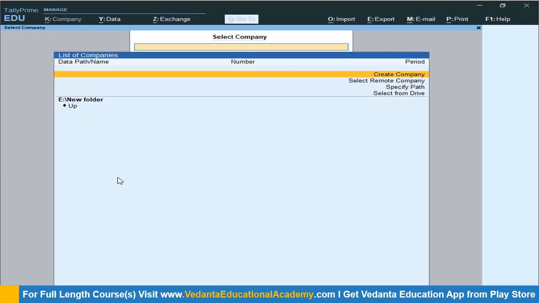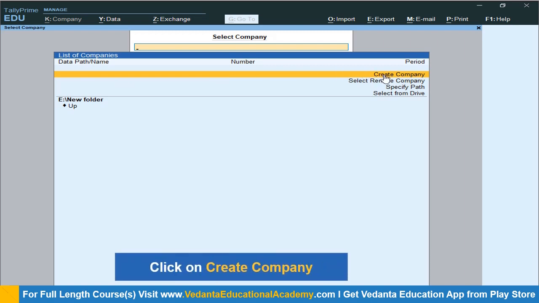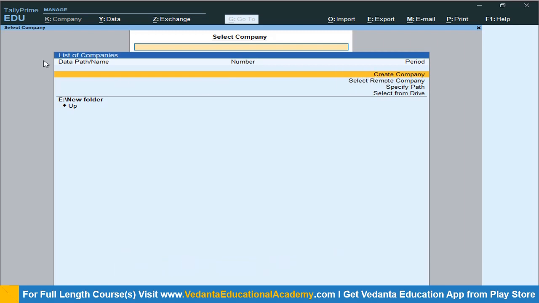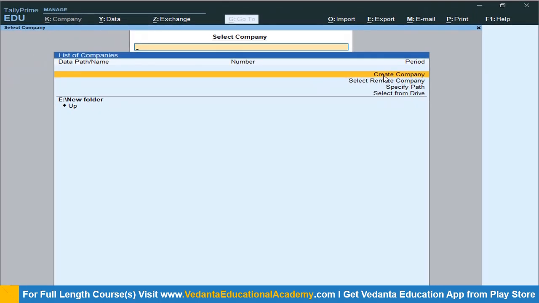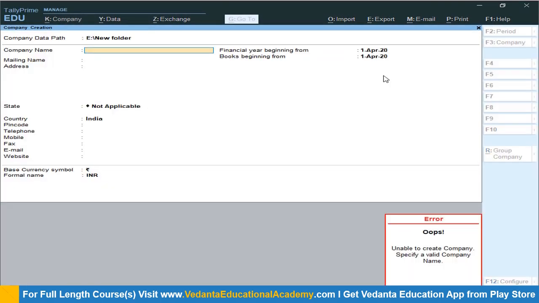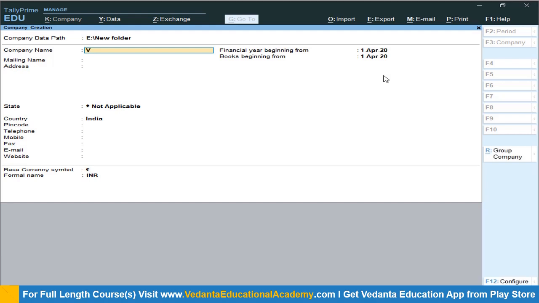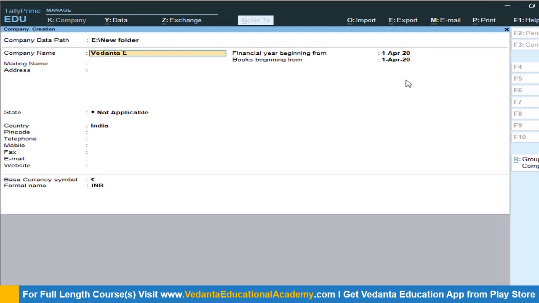So here on the first screen, as of now, you cannot access the top menu because our companies are not yet created. So directly it is giving a chance to create a new company. Once the companies are already created, then we can access the create company drop down list where we can create a new company again, alter the existing company, delete the company, or see the reports. But as of now, I'm going to create a new company by clicking on create company, and that's it. So when you press enter on create company, it is asking me to enter a name of the company. I'm going to write Vedanta Education,